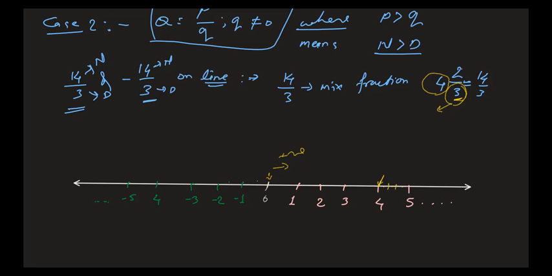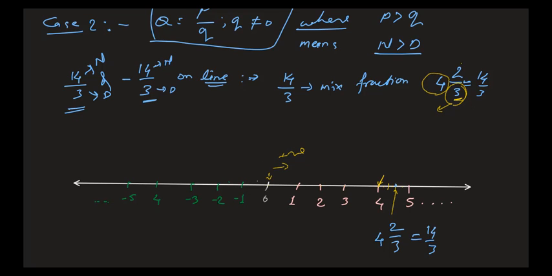Now you take here 2 from 4 to 5, you mark the second line where it is ending. So this one is the portion. So you represent here 2 by 3. In this way you can write this is actually 4 and 2 by 3 part, and 4 and 2 by 3 part is equal to 14 by 3. Now the same way you do on the negative side also.